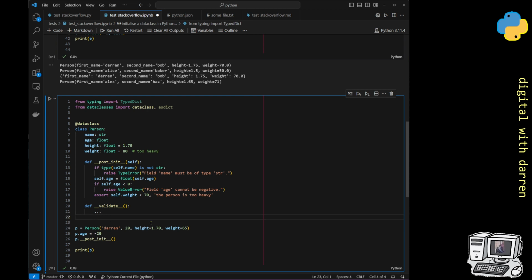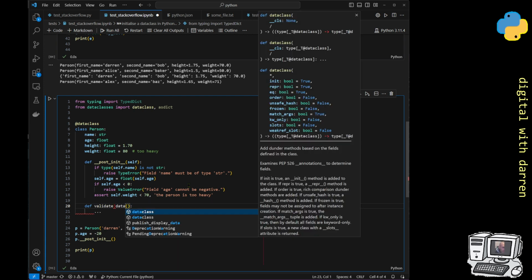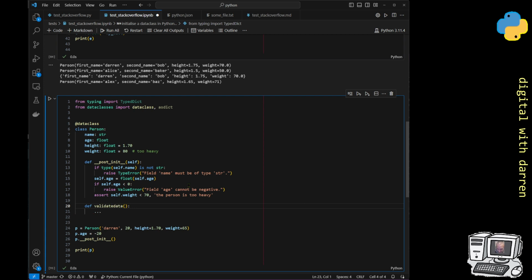So something like this. Now, I tend to try to stay away from the double underscores as much as possible, just because you really want them to be the built-in methods. So I would do something like just validate data. Validate underscore data, and that's clean enough. And then I could, of course, call my